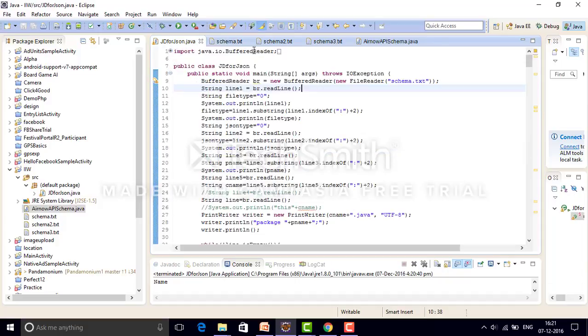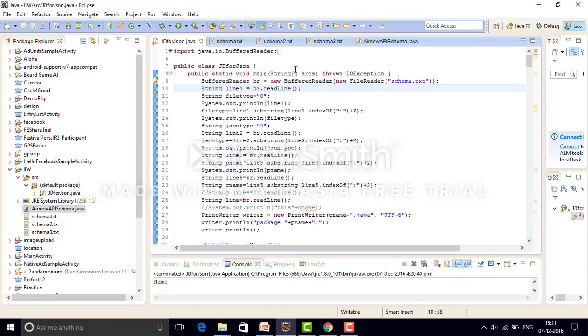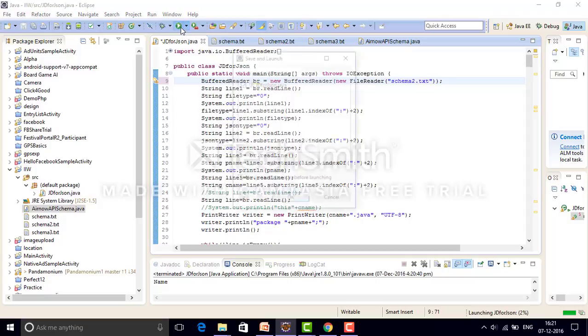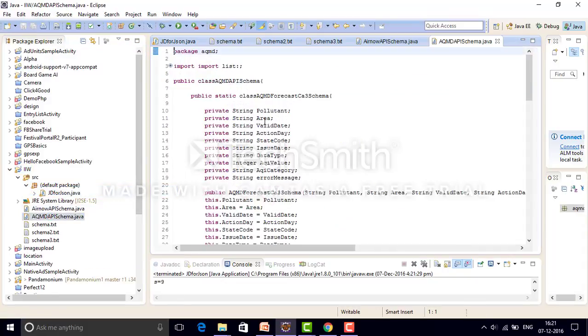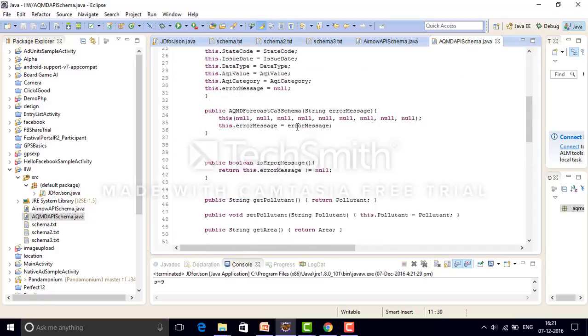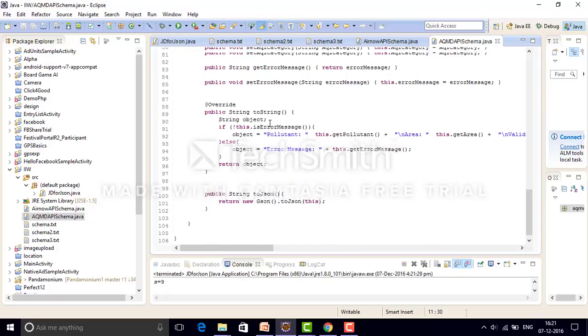Similarly, for FTP files, we have file type as 2 and there is no JSON involved, and the data type and attributes and the types, import list, package name, class name. And again, when we change the configuration file into other file and run the same driver and we refresh the project, we can see there is a Java file developed for the AQMD API schema, that is an FTP file. So this is the Java producer for the Kafka,